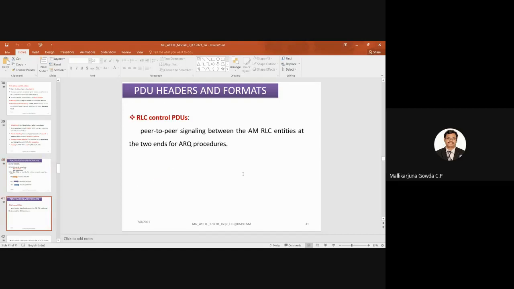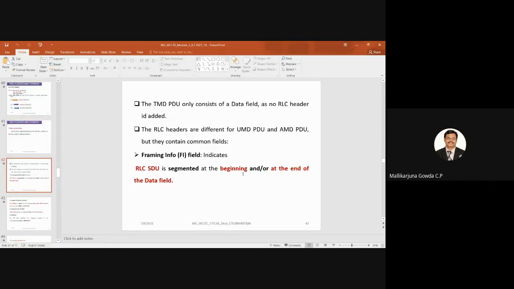Then as far as RLC control PDUs are concerned, there will be peer-to-peer signaling between AM RLC entities at the two ends of the ARQ procedures. So the TMD PDU only consists of a data field as no RLC header is added.